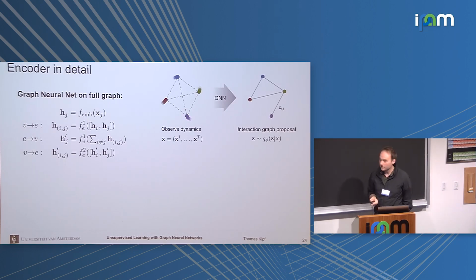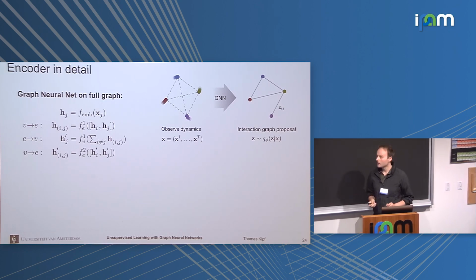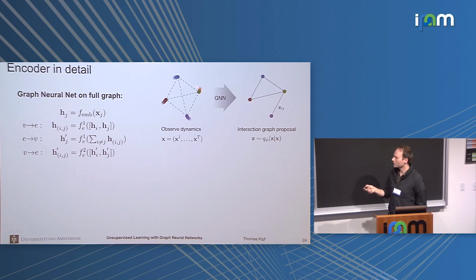For a few more minutes, I want to go into details on how this model works in practice. For the encoder part, if you don't know anything about the interaction structure, you would just say, okay, everything is interacting, and you run a graph neural net on this fully connected graph. First, you embed the observation that you have, which is multiple time steps of dynamics, for example. This embedding module can be a CNN, it can be an RNN, it can be anything that embeds a certain trajectory of a particle. In practice, we use a CNN with some self-attentive pooling here.